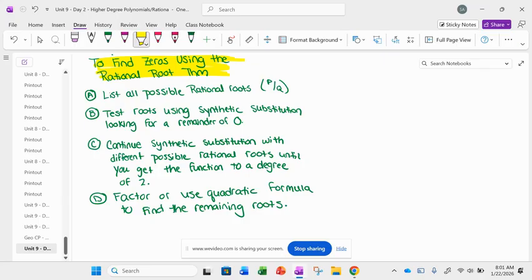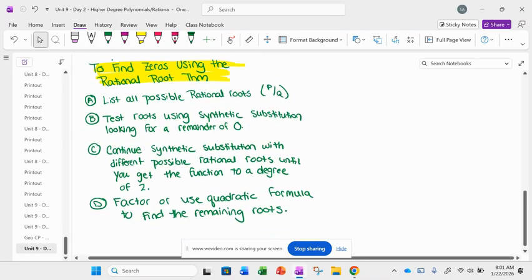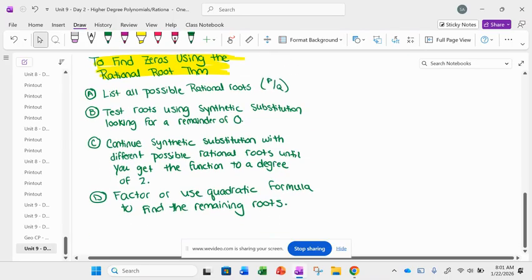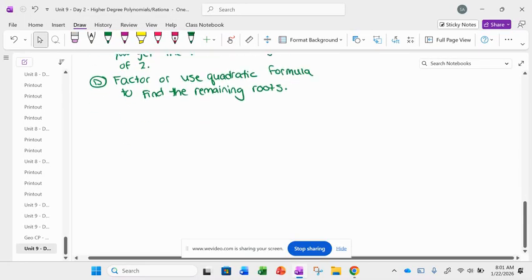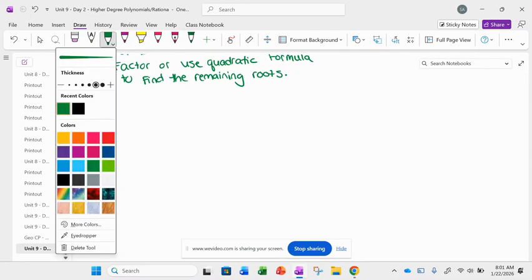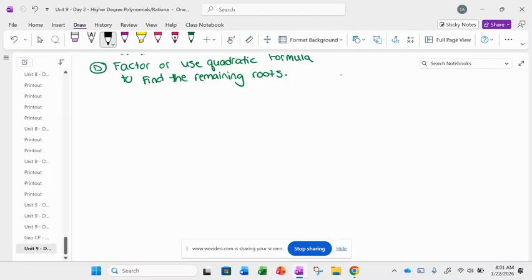Okay, so let's go through this. Has everybody copied down all the steps? All right, let's do our first problem. I'm telling you right now, it is not fun. It is pretty tedious, but it's not difficult. It's just tedious. So I'm going to say find